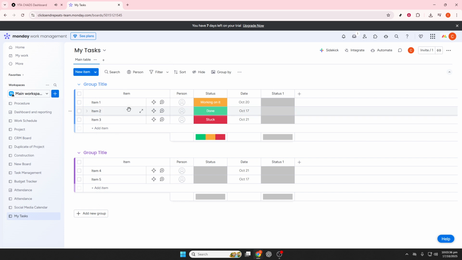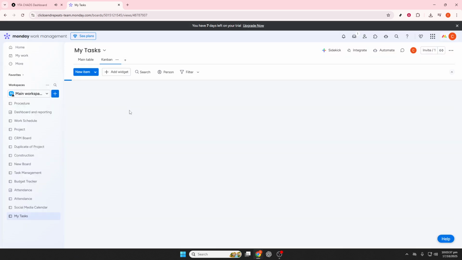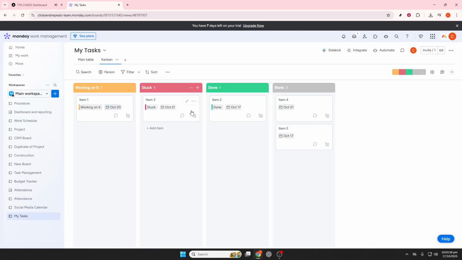Keeping track of progress over time is doable with activity logs or updates sections, ensuring you have a historical perspective on task completions and workflow adjustments. By mastering these features, you can unlock a more organized, efficient way to manage your projects,